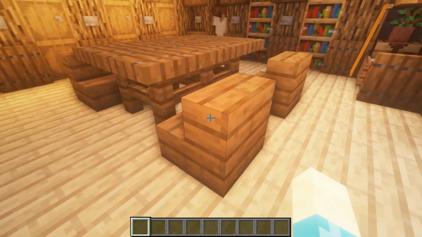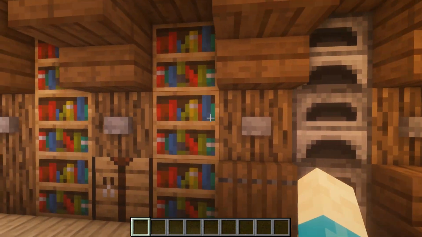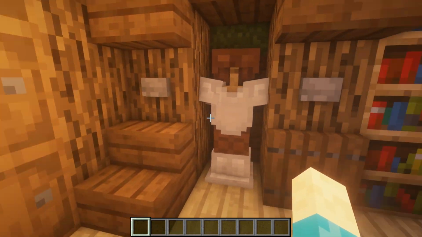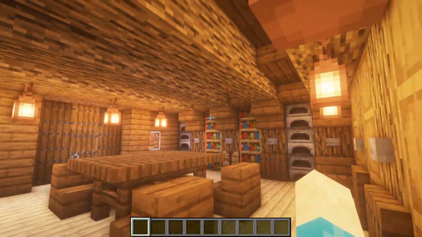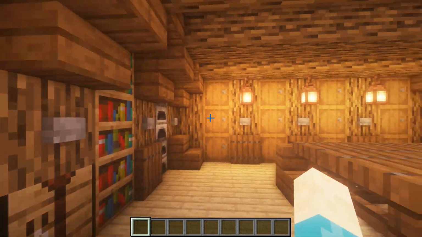Simple table in the middle with a few chairs around it. Furnaces on this side, bookshelves, crafting table. Then we got small designs with stairs, buttons there. Whole load of storage on the back row here, your armor stand here, bookshelves here, and pretty much the inside is that simple. On obviously the top we got some support beams going across, really just holding the building into